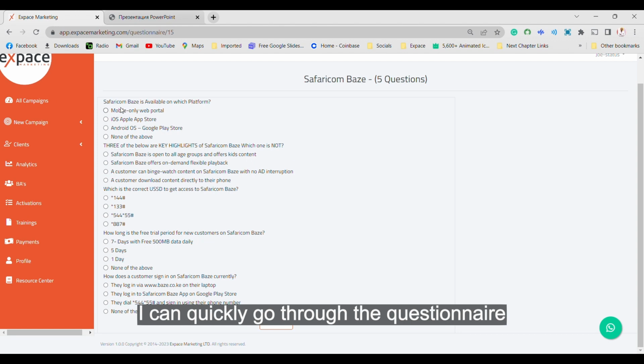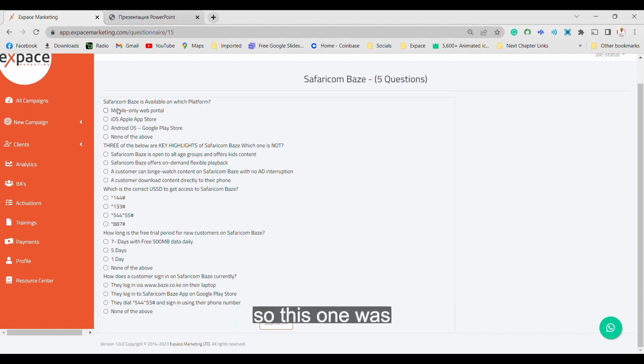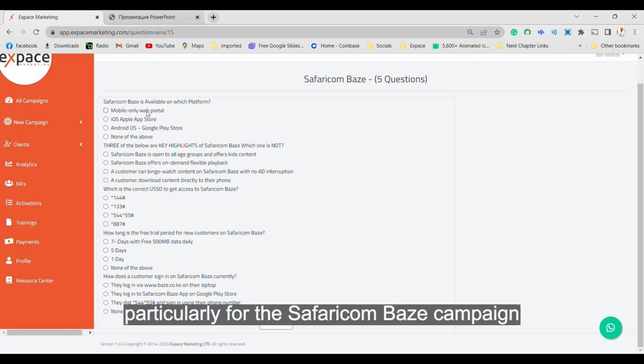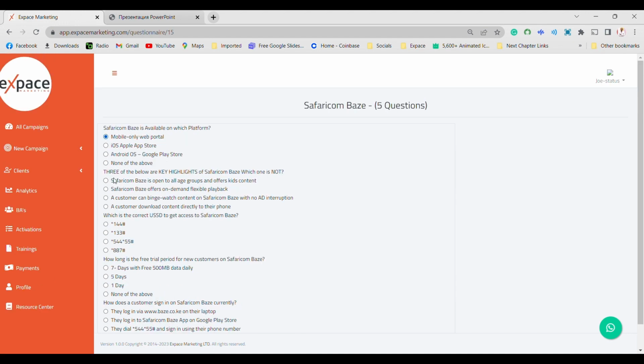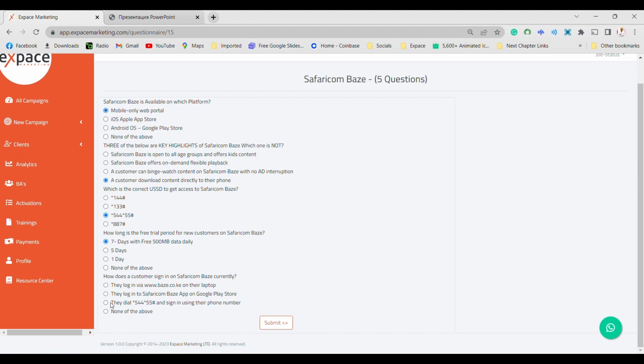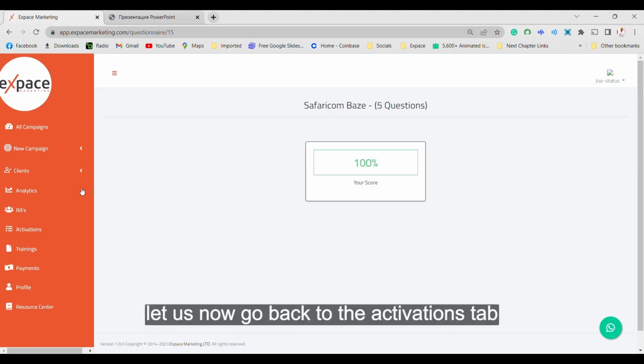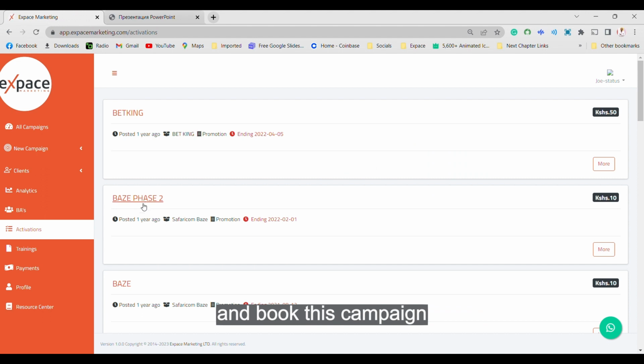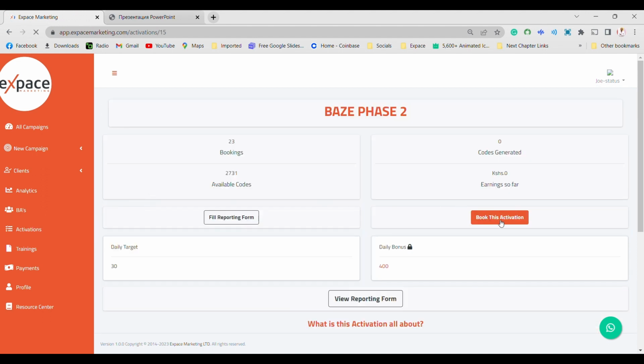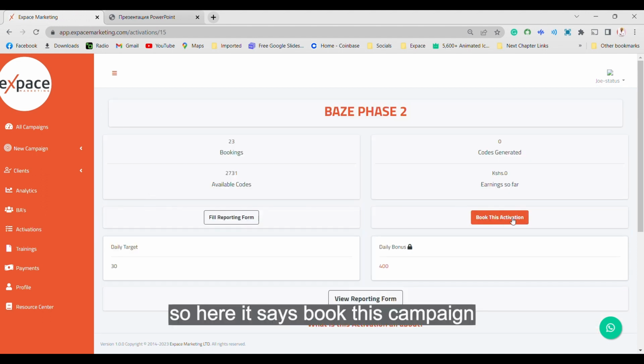I can quickly go through the questionnaire. So this one was particularly for the Safaricom based campaign. Let us now go back to the activations tab and book this campaign. So here it says book this campaign. So they're able to book and start generating